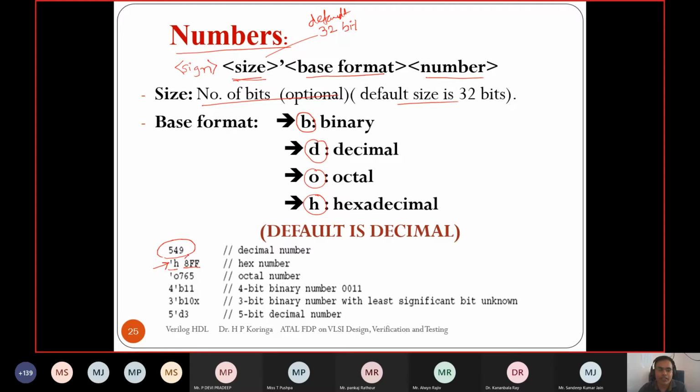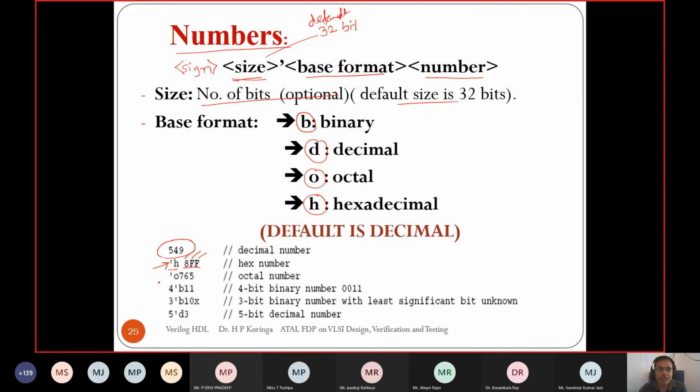So it represents 8 in 4 bits, F in 4 bits, and another F in 4 bits, right? The actual size required to represent 8FF is 12 bits, but since the size is not specified, it represents 8FF in 32 bits.